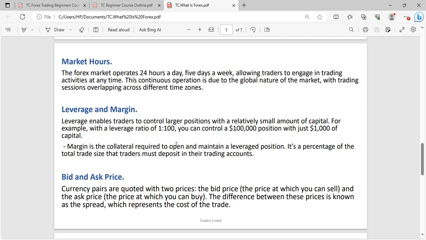So what's margin now? For instance, I need to borrow or collect money from the bank, and the bank tells me, okay, we're going to give you a certain amount of money, but what do you have in return for us to hold? Do you have a car? At least we can take your car. So that's basically what margin is.